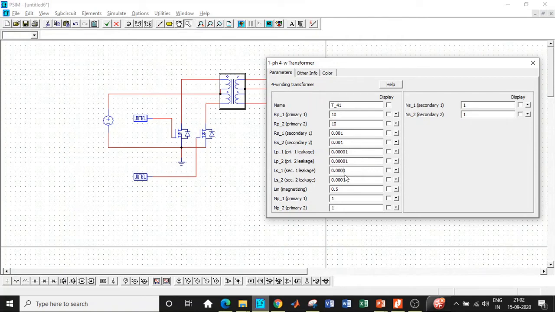We'll slightly change the values by adding another 0 over here, and once that is done, we'll keep the magnetizing inductance as 0.5. The primary value of the turns ratio is 2, and the second primary, with respect to the second conductor, is also 2. With respect to the secondary, it is 1 according to our design. So basically we have chosen the turns ratio of 2 is to 1. As a result, with respect to primary we'll enter 2, with respect to secondary we'll enter 1.